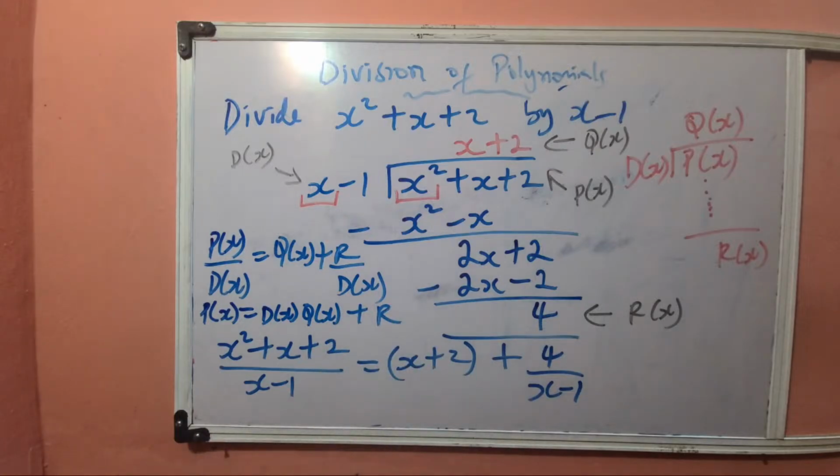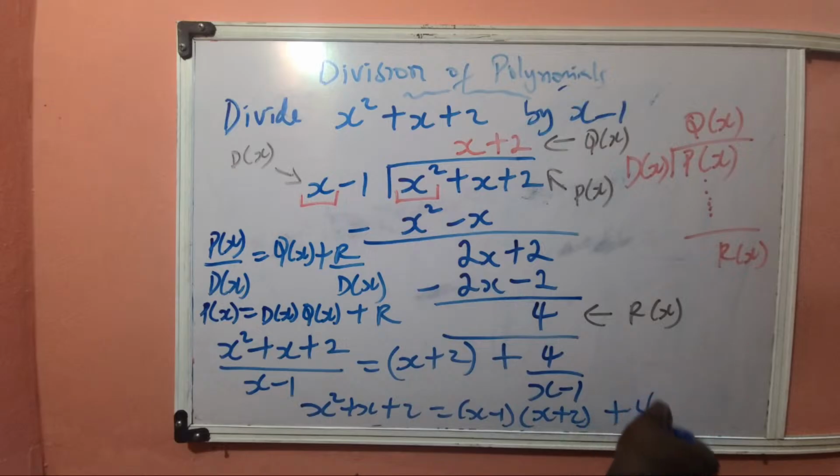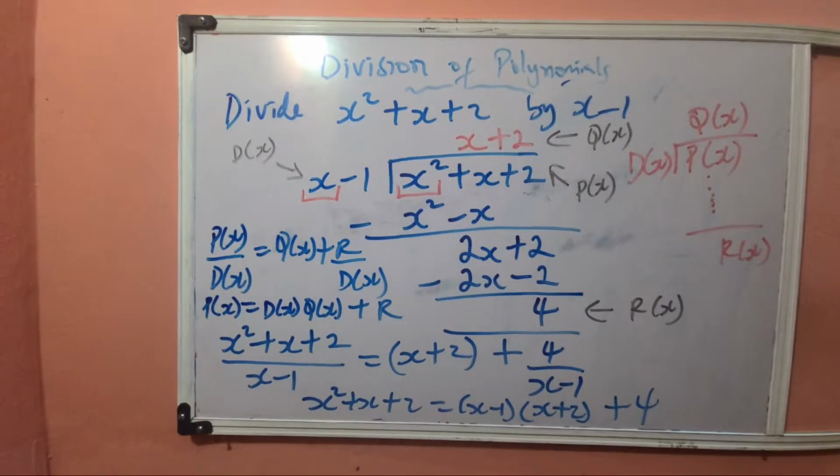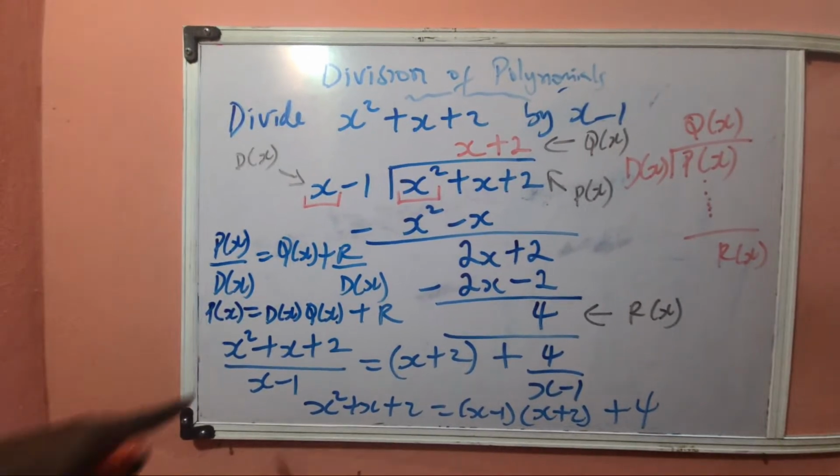We'll have x squared plus x plus 2 equals (x minus 1)(x plus 2) plus 4. That's simple, that's straightforward. You can see how this goes. So anyhow you leave it, this format or this format, you are still good to go. So this is essentially how you solve